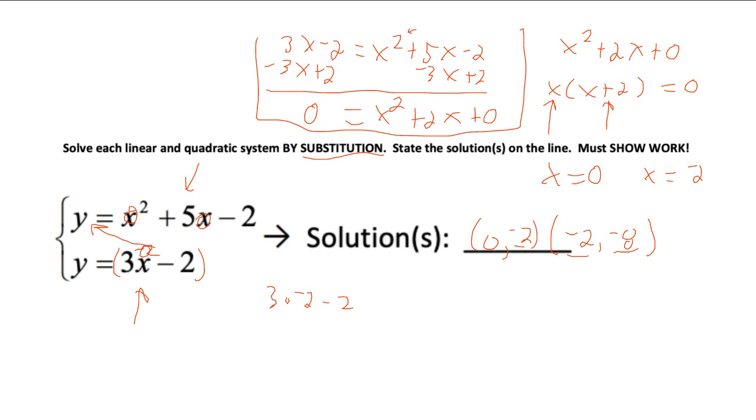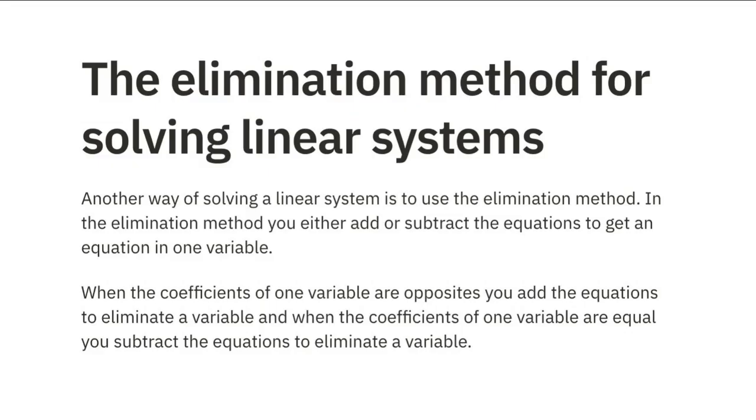The third method of solving is called the elimination method. Now, I used to call this, and I still do when I teach Algebra 1, the addition method. Why do I call it the addition method? Because usually what you do is you add straight down to get rid of one of the variables. For example,